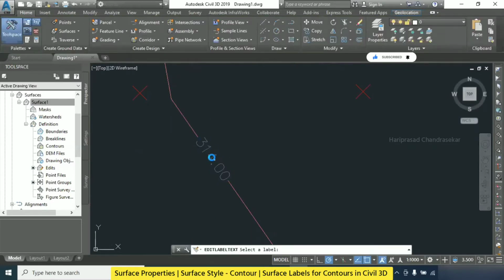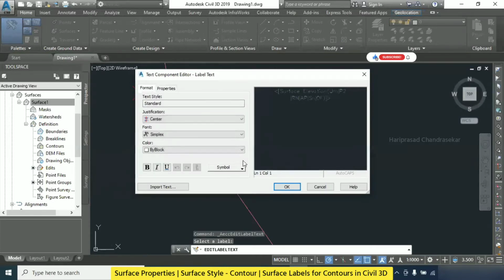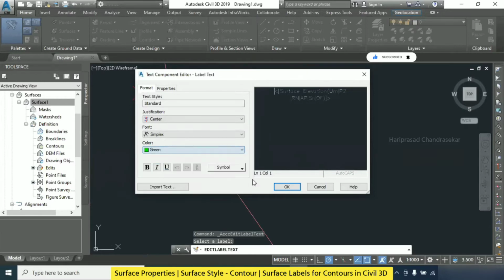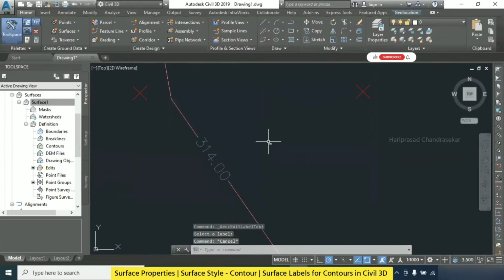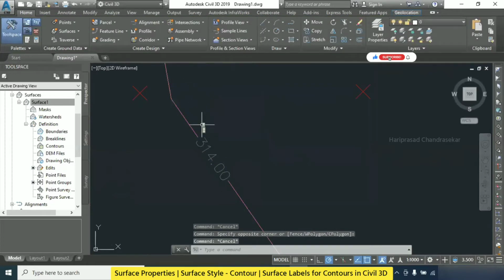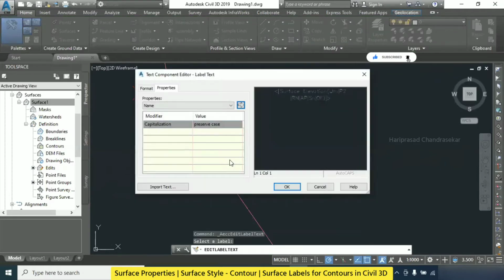Edit, select the label, and surface elevation, center, right, everything we have. Okay, but color we can change if you want to change the color. For example, green I will take. Okay, it's not coming, right? So what we can do is select it and then edit label and then select the thing. Description. This is for name. Surface elevation.